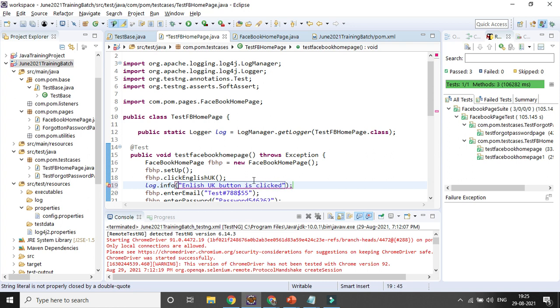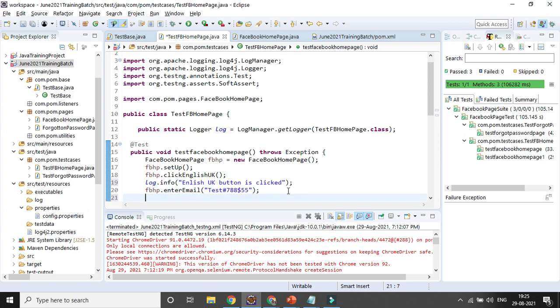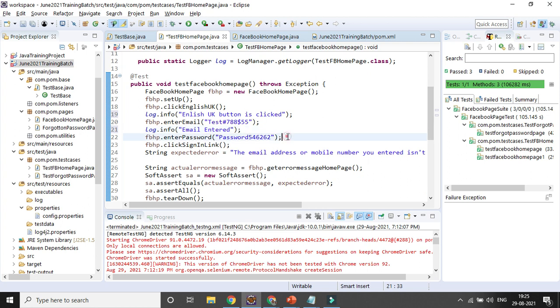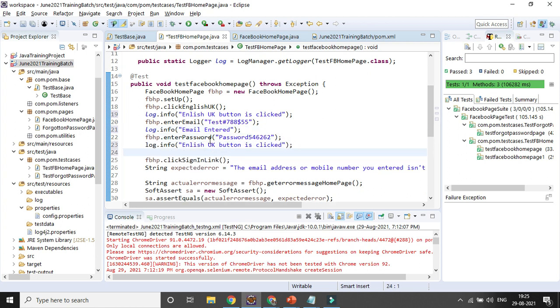Similarly, every time once you enter email, you can add some information that email entered, so that you can visualize your application execution. Similarly, after entering the password, you can add something like password entered. So you need to provide that information for each and every step.